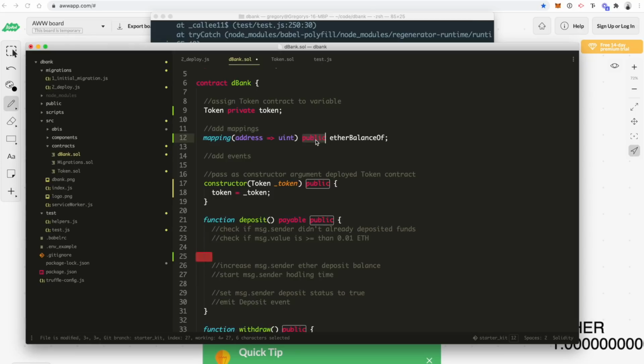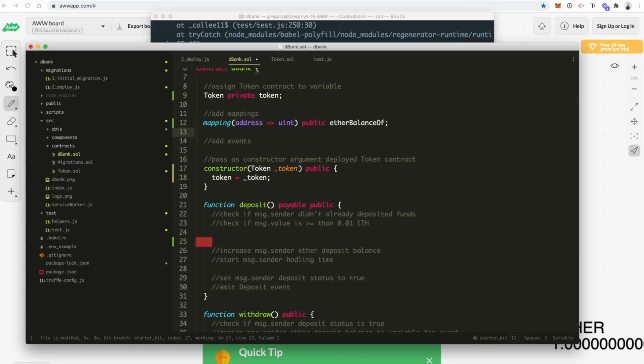It's going to be public, so we can read that information outside the smart contract, in the console or in an application, and we'll call it etherBalanceOf. That's the variable name for this mapping. Inside this function, we can write new information to this mapping like this. We say etherBalanceOf, and then the address is going to be msg.sender. This is the person who's calling the function. So basically we're going to say the address of this person, msg.sender, and then the balance will be etherBalanceOf. We could just say like 1. All right, so anytime they deposit,